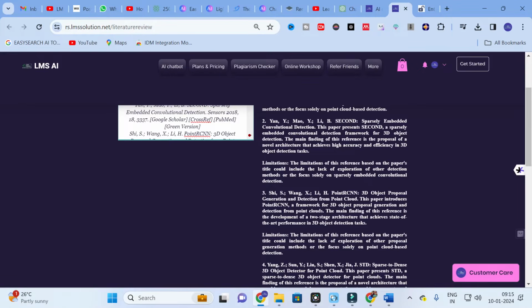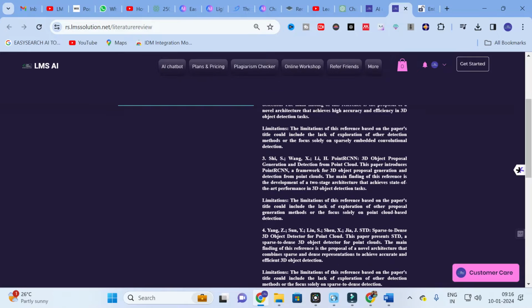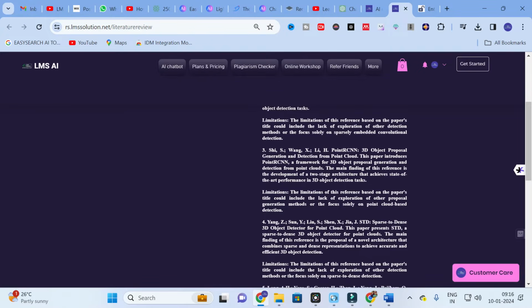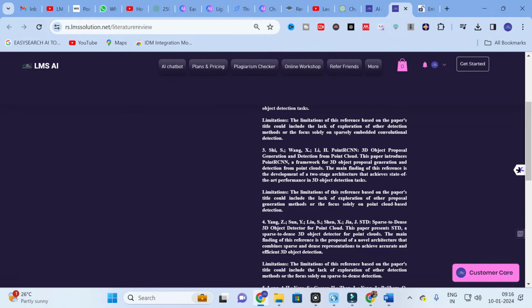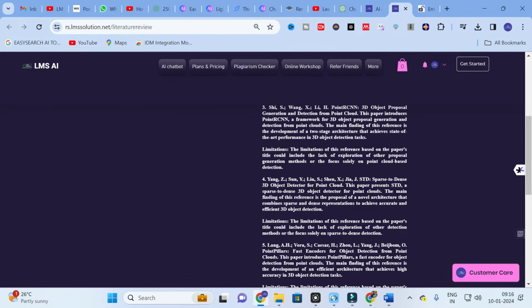The main finding of the reference is the proposal of a novel architecture that achieves high accuracy and efficiency in the 3D object detection task. So here you can see the limitations also. The limitation is lack of exploration of other detection methods, so it only focuses on the embedded convolutional technique. Like that you can get the main findings of the particular references, and also the limitations,